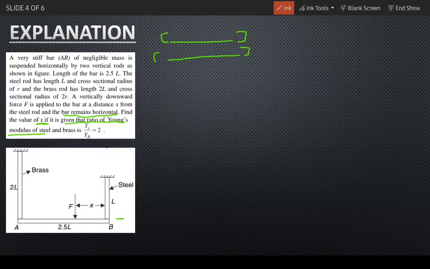When the steel rod extends by X distance, the brass rod should also extend by X distance for the horizontal rod to remain horizontal and come down. So the net extension in both the rods is equal. From this concept we can find that the net extension